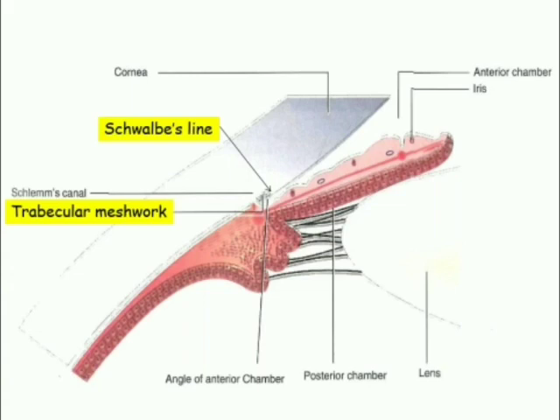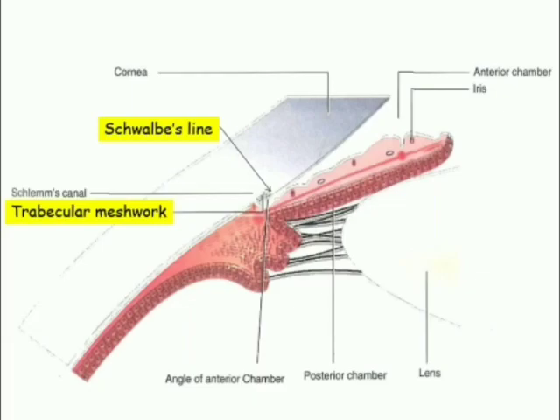The last structure, but an important structure, is the Schwalbe's line, and it is a fine ridge. It is a fine line seen just in front of the trabecular meshwork. It is formed by a prominent end of the Descemet's membrane of the cornea, which is why we study that the anterior chamber angle is posteriorly supported by the iris and the ciliary body, and anteriorly it is an extension of the back surface of the cornea. So the Schwalbe's line, which is the anterior most part of the anterior chamber angle, is the prominent end of the Descemet's membrane of the cornea.